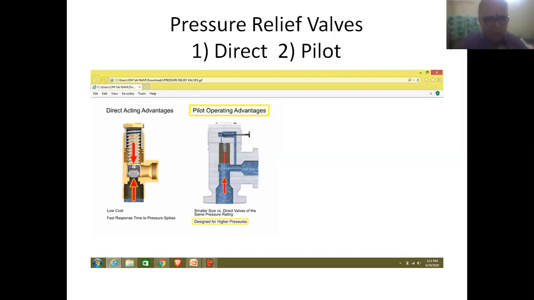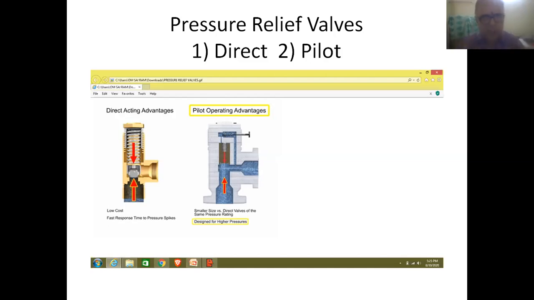So friends, a very interesting arrangement is made in this pilot valve also. So this relief valve is additionally provided with a pilot valve. Therefore, it is called a pilot type relief valve or pilot relief valve. And these valves are not provided with this arrangement, so they are referred to as direct relief valves.